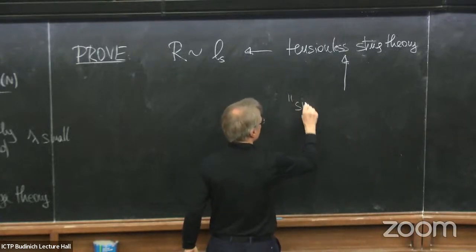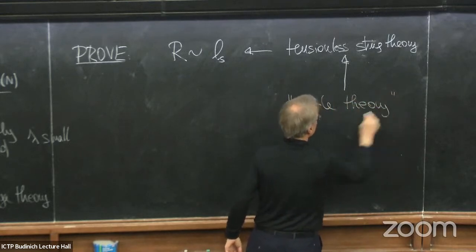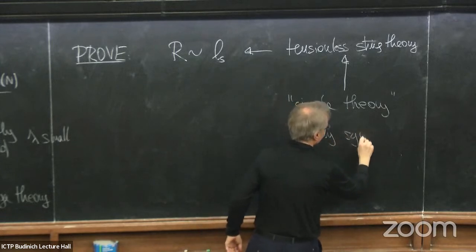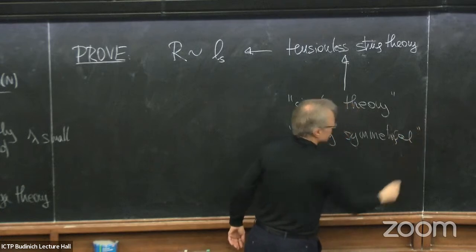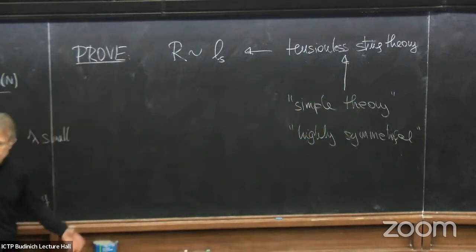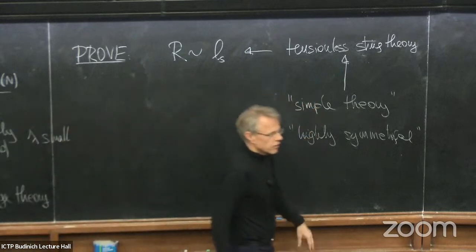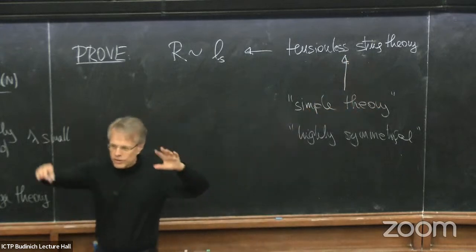This should be a simple theory. It should be a highly symmetrical theory because the dual CFT, N=4 super Yang-Mills, is highly symmetrical, has lots of conserved currents. So there must be something happening on this side. And the spirit of what we are trying to do is somehow find this theory using all the bits and